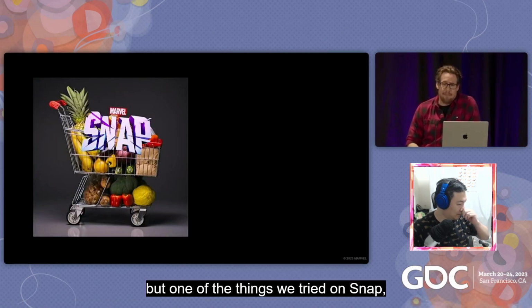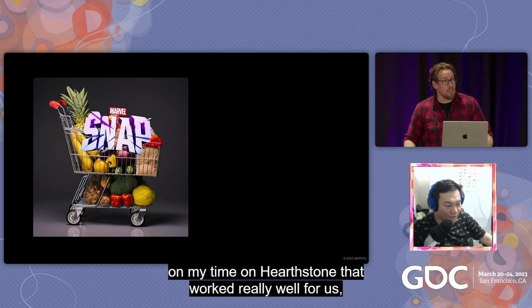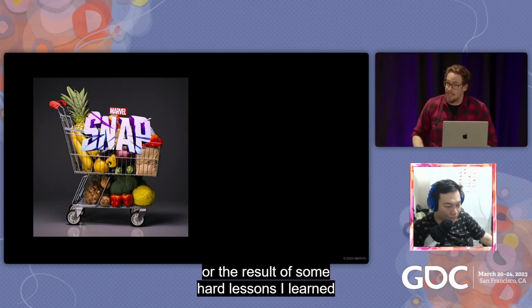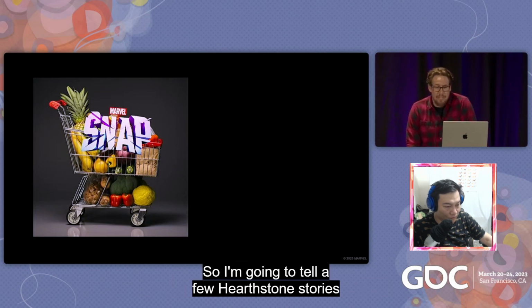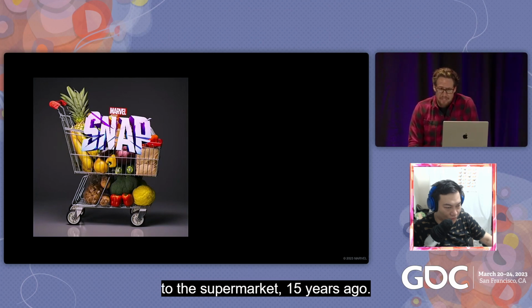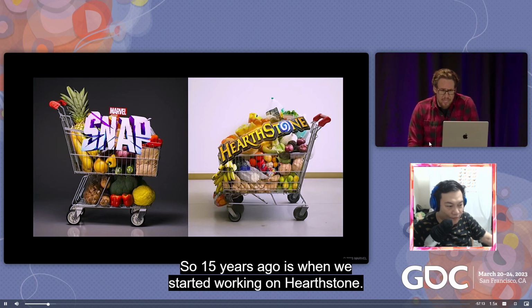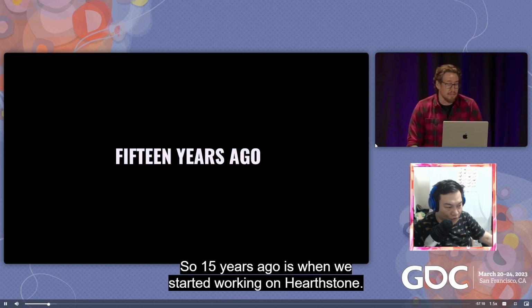But one of the things we tried, some of the things we tried on Snap were either the result of lessons I learned on my time on Hearthstone that worked really well for us, or the result of some hard lessons I learned while on Hearthstone I want to do a little differently for Snap. So I'm going to tell a few Hearthstone stories along the way here, starting with my first visit to the supermarket 15 years ago. 所以他这边要讲一下他那时候设计炉石他遭遇了什么事情，然后就学到什么事情，所以他在设计 Marvel Snap 的时候就会避免这些事情之类的。